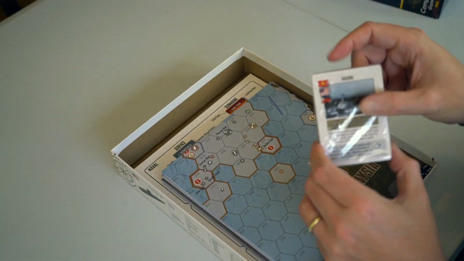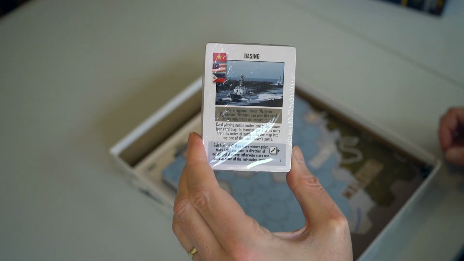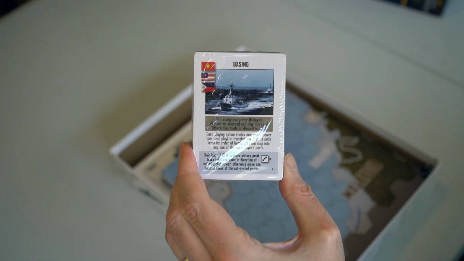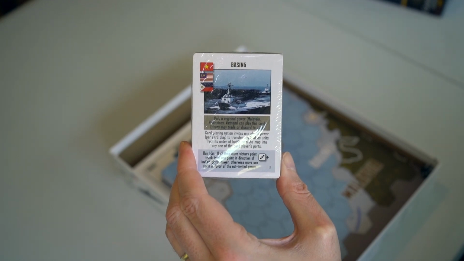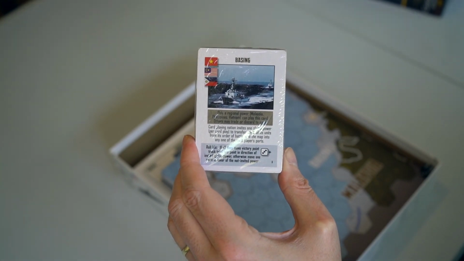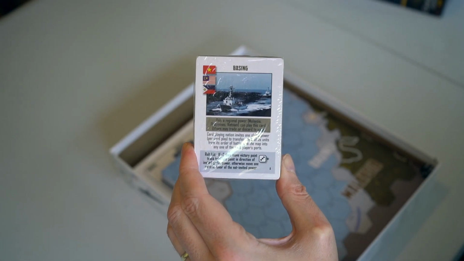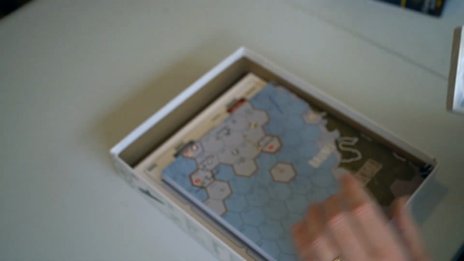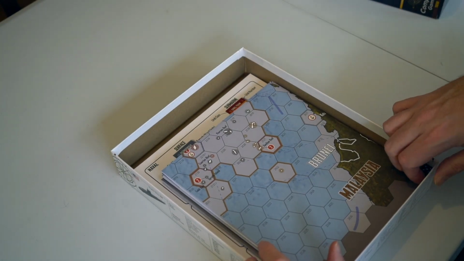Okay, starting with the cards. There are cards in this game. Now the idea of the game is that you will have a political segment where you take it in turns to play cards and you're trying to influence people, get your units on the map, etc. And then at some point it will all kick off and you'll go to a military segment. That's when you actually set the maps up and you put your units on. So there's the counters, there's a couple of dice,